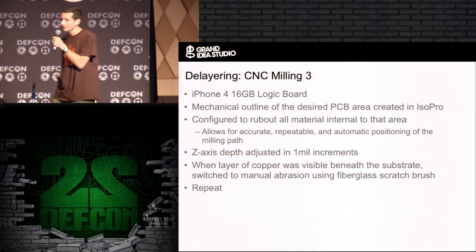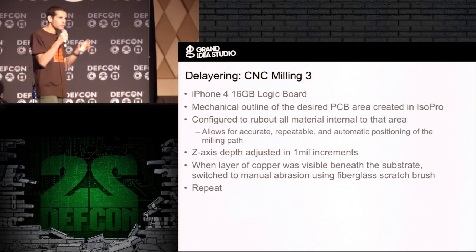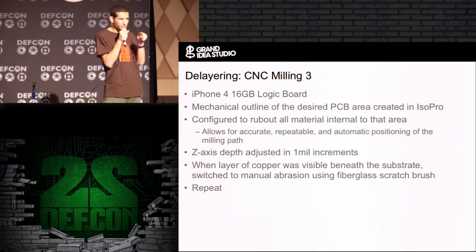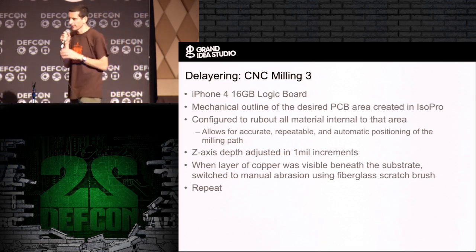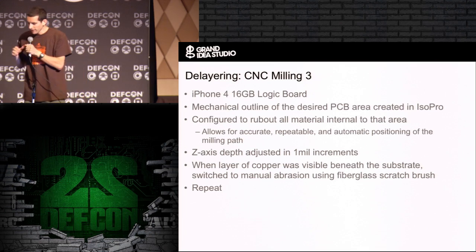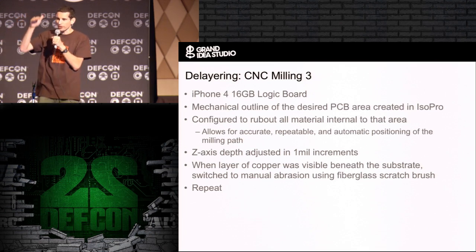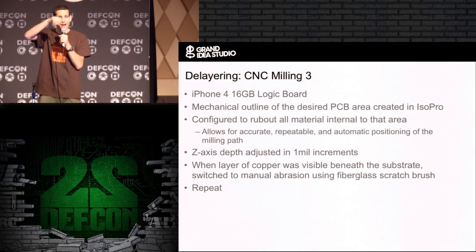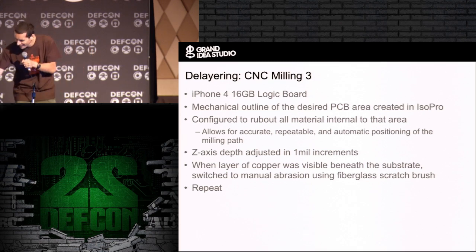So I decided to do it with the iPhone. And in this case, I didn't want to manually control it because I wanted a precise outline that I was working in. So I created that inside the tool and adjusted the Z-axis in 1 mil increments. I'd basically run this particular rectangle, adjust the axis, run it again, and keep running it until